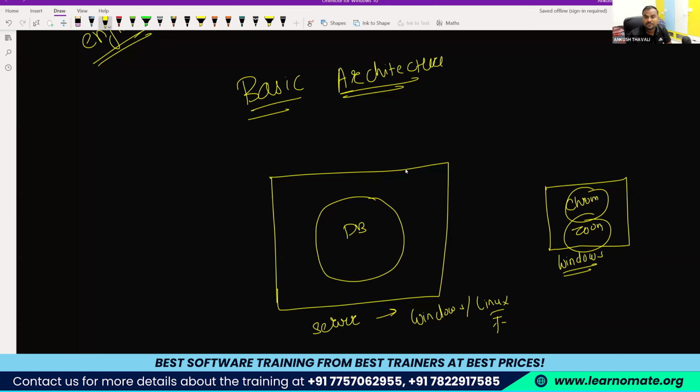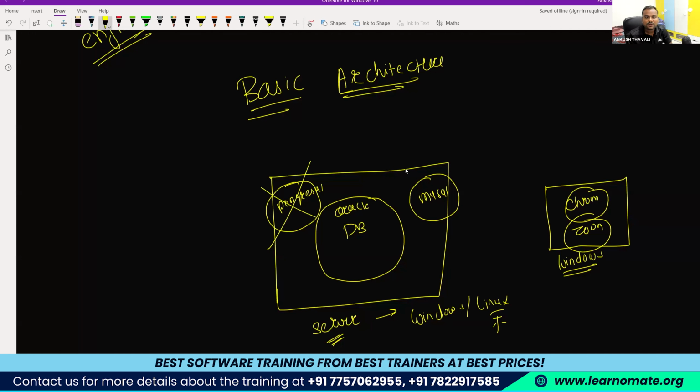Similarly, I have a server. We are going to install a server, and under this server you will have database software, and that database software is basically your Oracle software. A similar architecture you will find for the other databases also. Let's say you have a MySQL database, so a similar architecture will be there: a server, and under that server the MySQL database. If you are using a PostgreSQL database by any chance, you can install PostgreSQL under this server also.